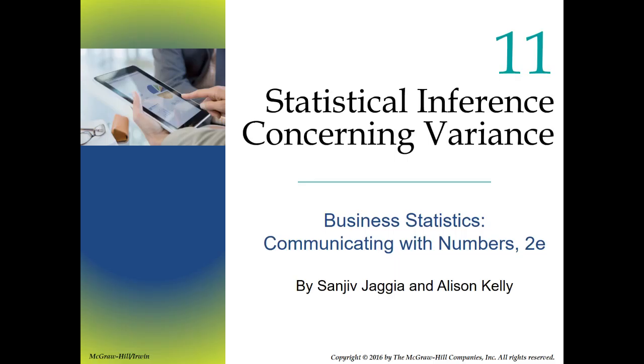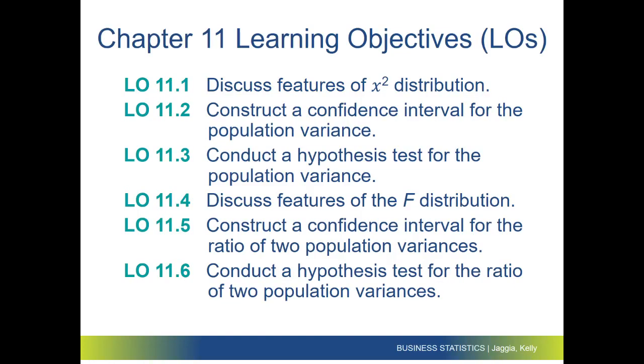So we're concerning ourselves with sigma squared and s squared. And what we need to do is discuss what is the idea of sigma squared, s squared, and the use, but through chi-square. Building the confidence intervals for the population variance, testing their hypothesis, is it more or less or equal to something, and then moving on to see if we can compare two different variances using something called the